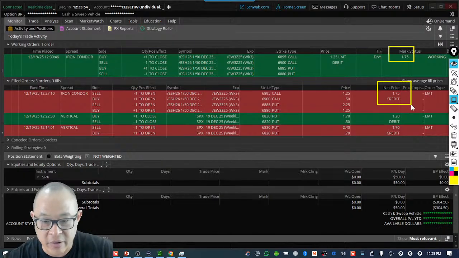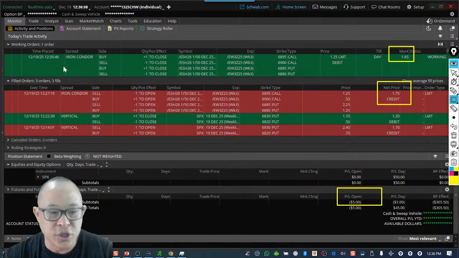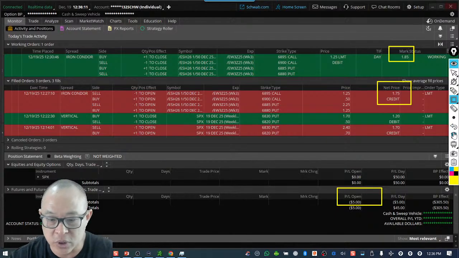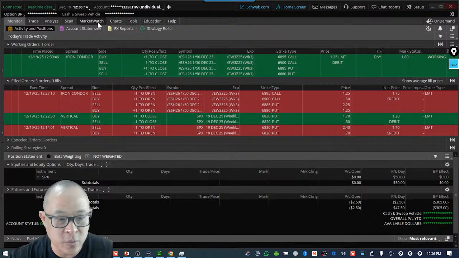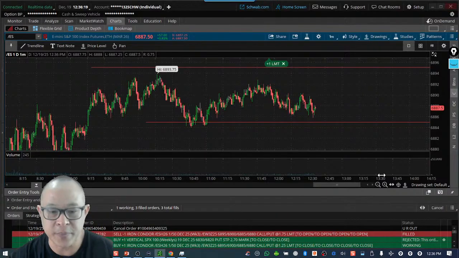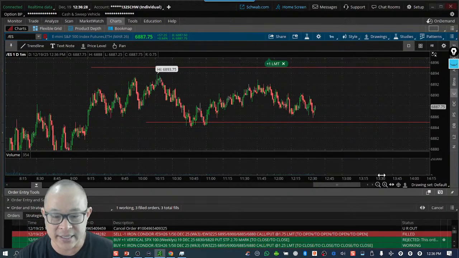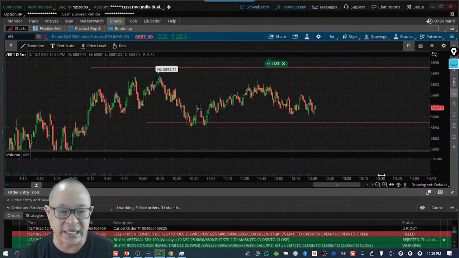This is how much I sold the iron condor for, $1.75, and therefore, if you look at your profit loss, right? See how it's $5. That's typically a $5 loss, but it's half. When you're day trading the ES, you don't have to worry about day trading rules. That's what's really cool about this, is that typically when you're trading, you need $25,000 to day trade a 0 DTE. So people who are looking to get around the $25,000 day trading rule, which they're going to get rid of sometime in 2026. But right now, since it's still in effect, the workaround is day trading the E-mini futures,